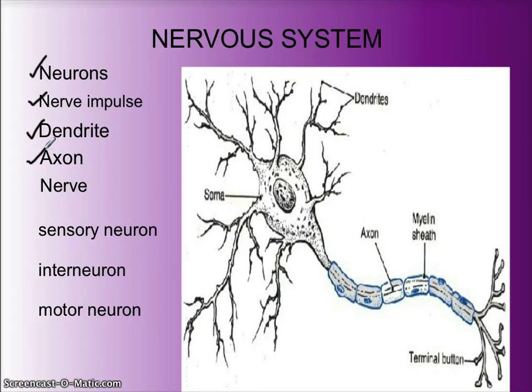Now let me tell you what these do. Dendrites carry the impulses to the cell. So the impulse is identified by the dendrite, and it carries that impulse to the cell itself. There are lots of dendrites, but only one axon. So what's going to happen is the dendrite will carry it to the cell, and the cell will then carry it down the axon. And whenever it gets down here to the axon tips, it's going to transfer that information